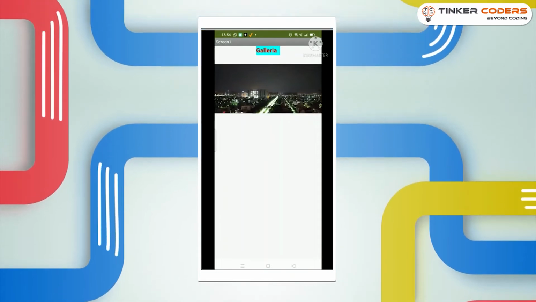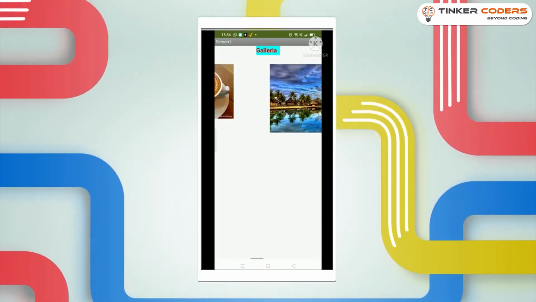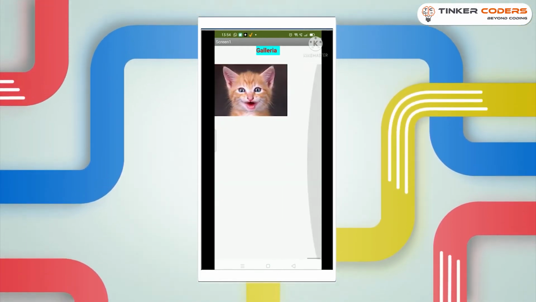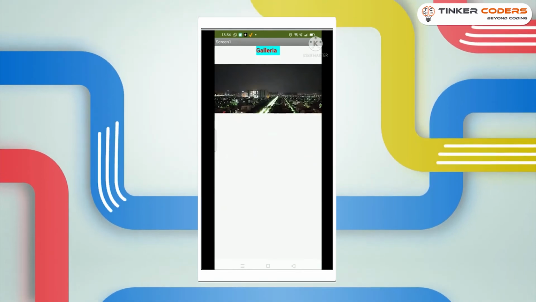For using the scroll arrangement, I can scroll all the images I have selected. Here all the images that I had uploaded on the MIT Inventor. This is how my gallery app